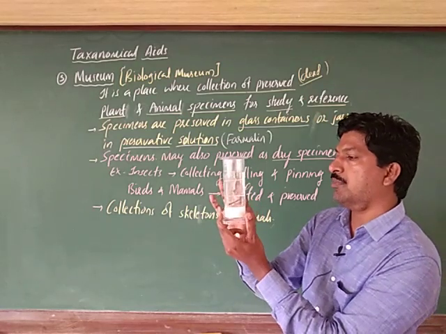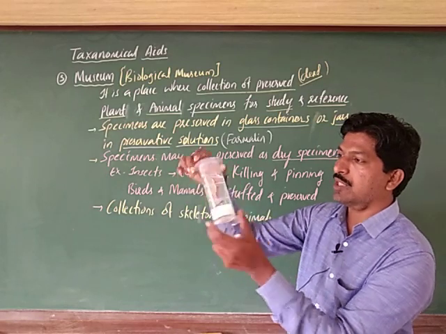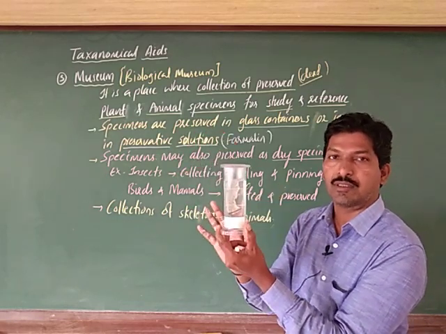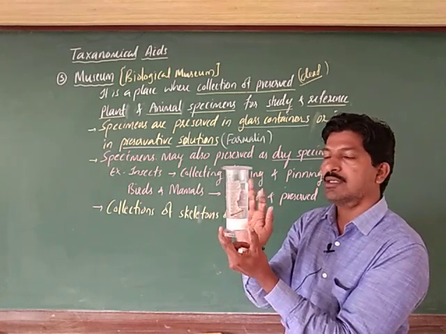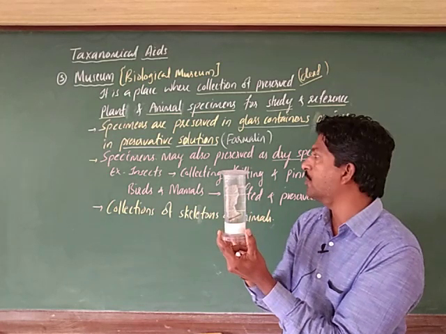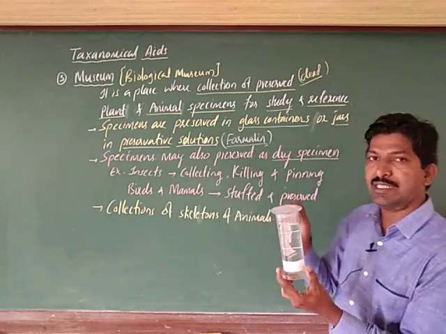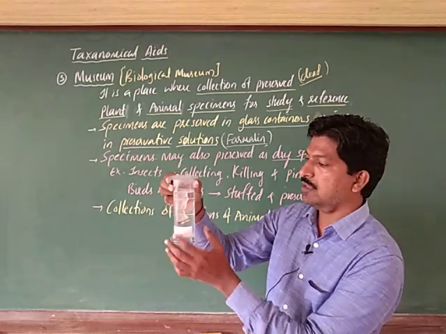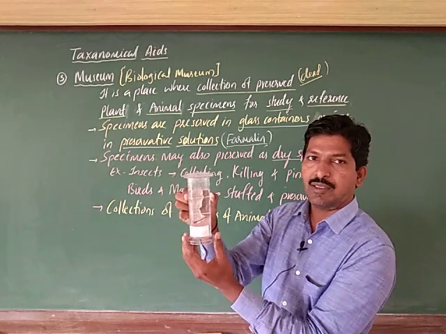Here one part is shown, as the whole plant cannot be mounted here. There is a liquid inside, which is called formalin. It is not water, you remember, it appears like water, but it is formalin. Understood? Formalin is used in this jar. And next, inside there is a glass piece.